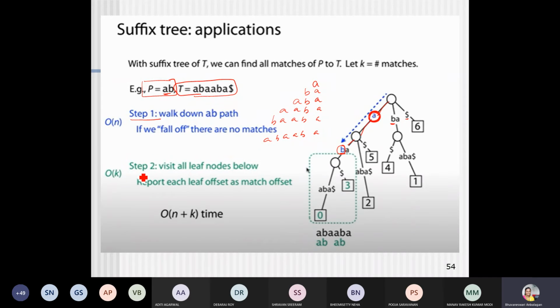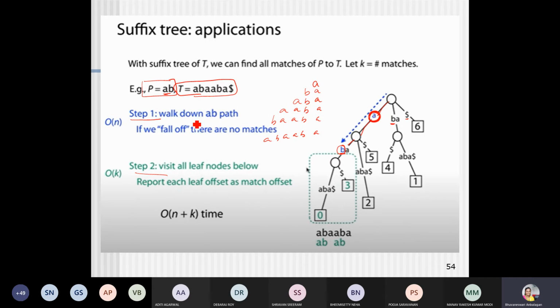And the next step is that it will walk down the path where the partial search is matched, and it will not stop with that. It will walk down the remaining leaf nodes below, and find out whether any other substring with the same search pattern is available.